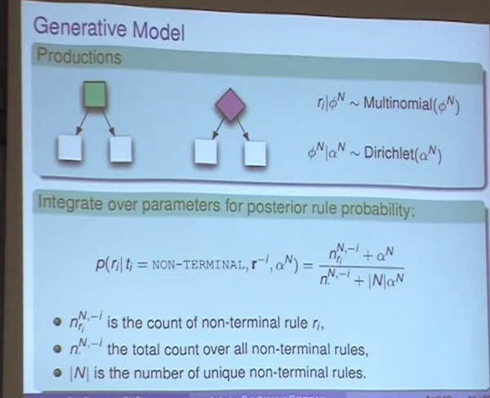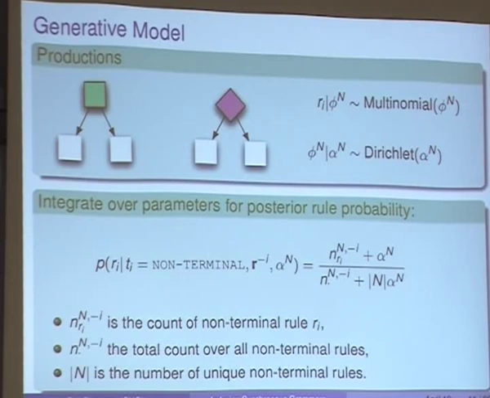Obviously, there's huge numbers of those. And we don't want to store all those parameters. But in this case, all we need to store are the ones we've actually used. So if you think about that, that's going to be a lot less. In fact, it's going to be roughly linear in the size of our corpus. So this is going to be much more manageable. Now all we essentially have to store to do inference is our current set of trees for our corpus.